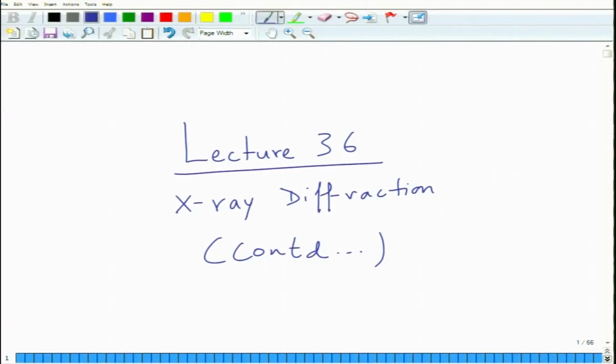Okay, so again we get back to the next lecture. As usual, we will continue with X-ray diffraction. In this case, we will take one exercise of how to examine the crystal structure of a material. So what we will do is that first we will look at the